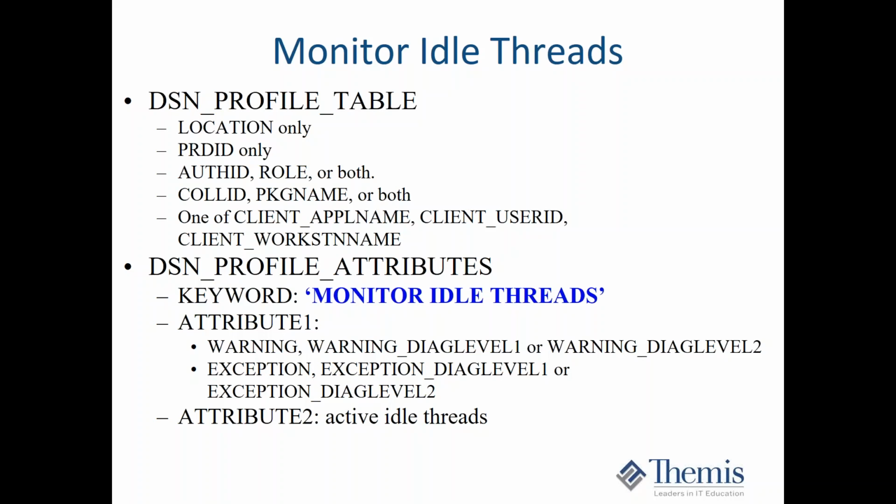They've done a cursor with hold and did not close the cursor before the commit, which means it has to hold that position. Or they've got a held LOB, or they're KEEPDYNAMIC and they didn't end the statement,